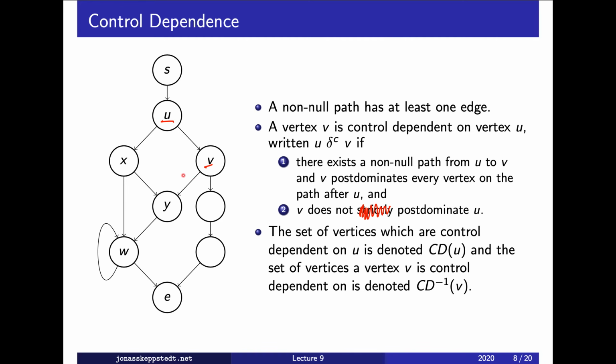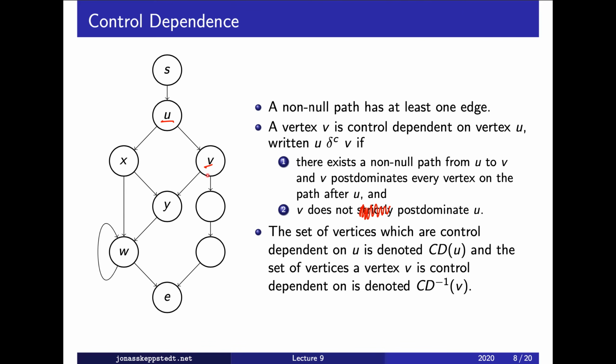There is a non-null path from V to W, and W postdominates every vertex on that path after V. The first vertex on that path after V is Y, and W clearly postdominates Y. And it postdominates itself as well. And W does not postdominate V,